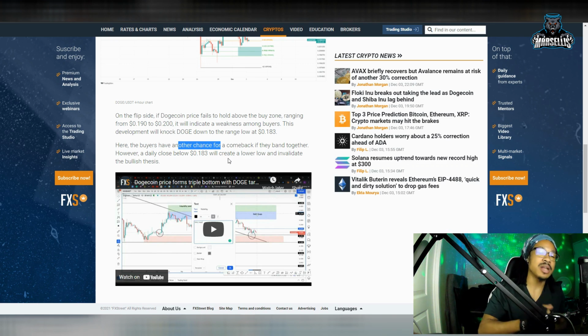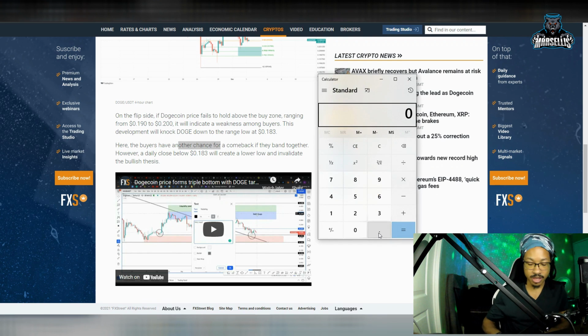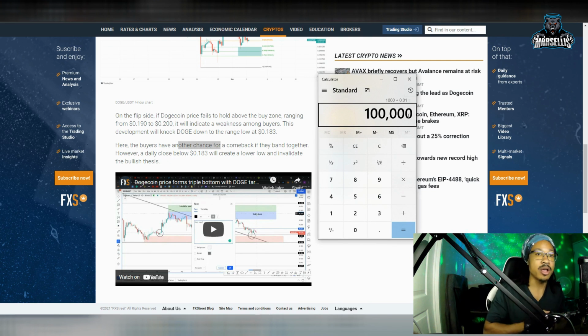I will put $1,000 into Dogecoin at 1 cent, and that will turn into 100,000 Dogecoins, which will turn into $100,000 at the price of $1. So if you don't believe me, you just take $1,000 divided by 1 cent, and then boom. And guess what? If I put 10K in there, not if, it's a big if,